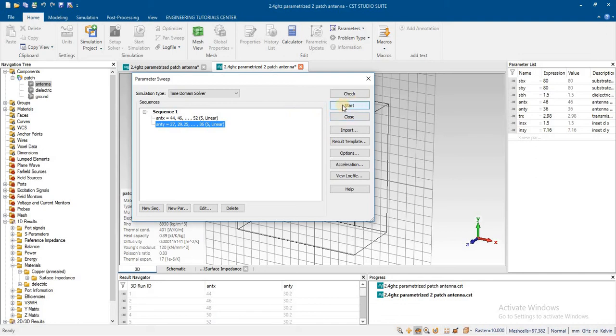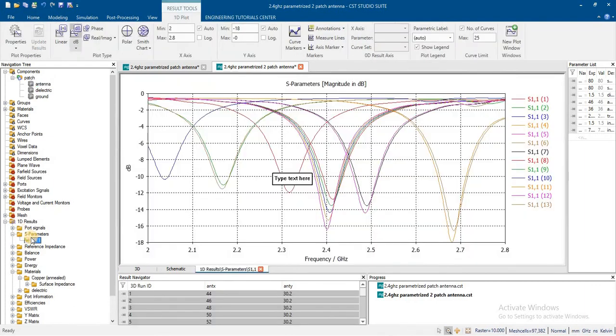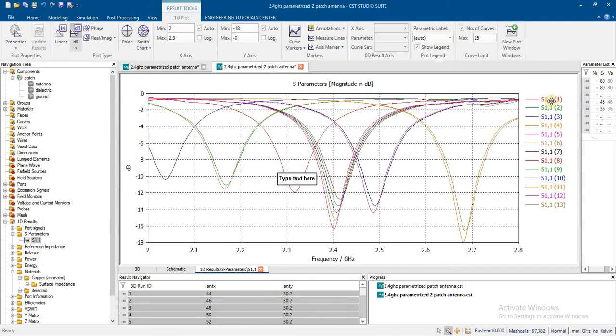Let's start the simulation and see the result. The simulation has been completed. Now check the result. These are the results.